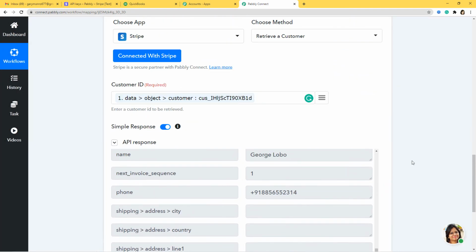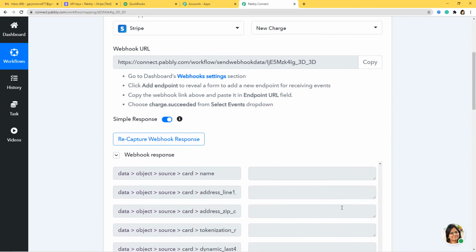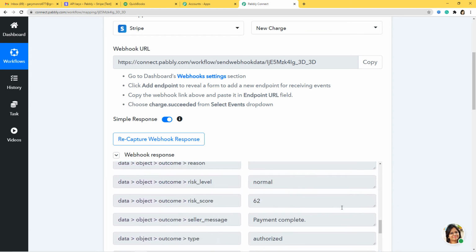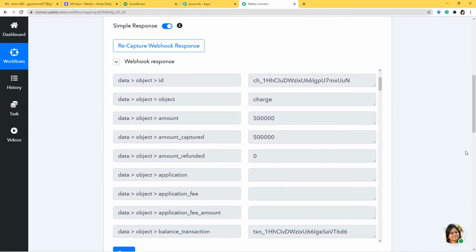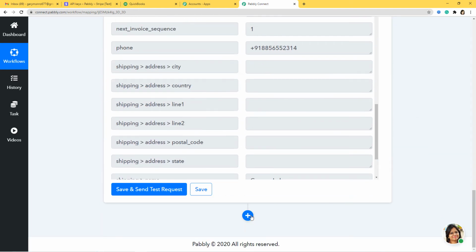So now let's go back to the first trigger step over here. If you noticed, you might have seen that there is an issue with the amount that we entered here. Okay, so here you can see the amount is 5 lakhs, though I entered the amount as only 5,000. So what has happened here is the JSON format doesn't support the decimals, and that is why it is considering the zeros. In order to make this correct, we are going to trim the amount, and for this we are going to create one more action step over here.